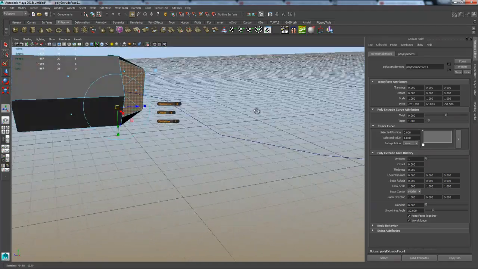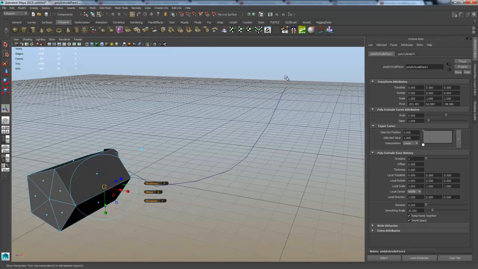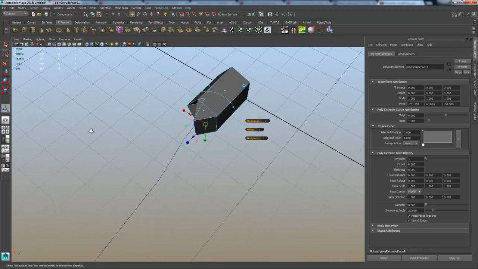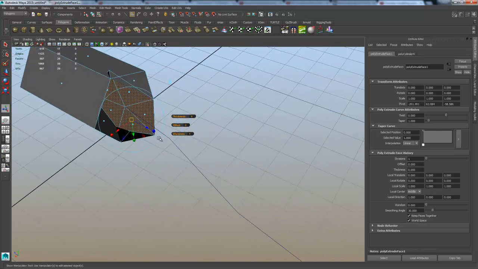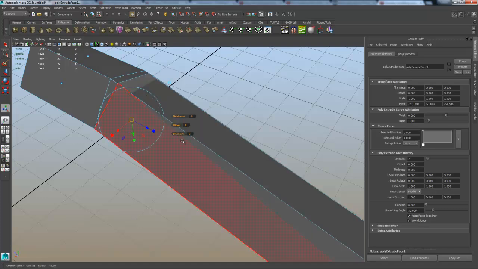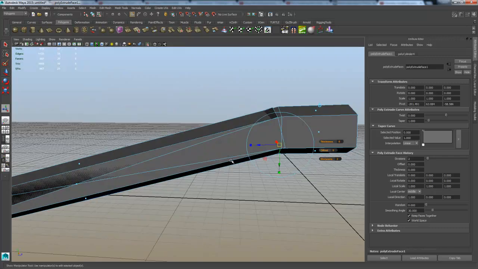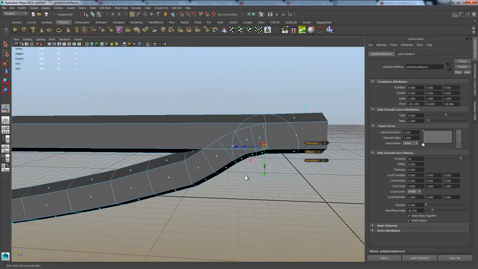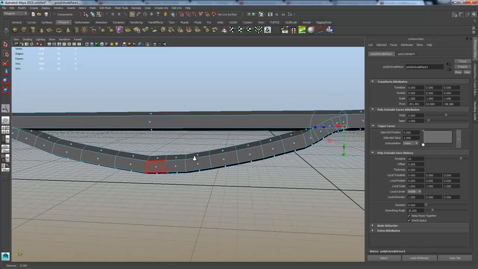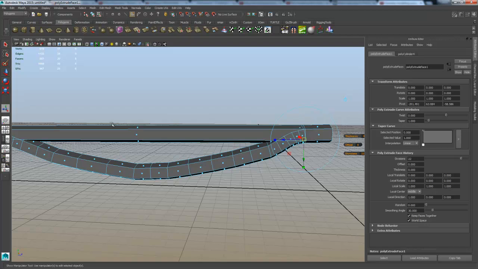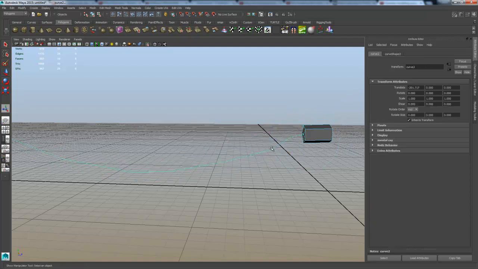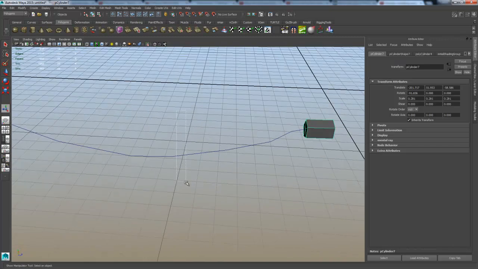It seems like my initial starting point ended up being on that side and not on this side, and that's typically the situation that I was referring to. If I change the amount of divisions to 2, 3, 4 and more, you'll see it jumps to the end point but then loops back to itself, and the end result is quite strange. So I need to either place the object on the other side, or we can reverse the curve direction. I need to go back all the way to the start, grab the curve,